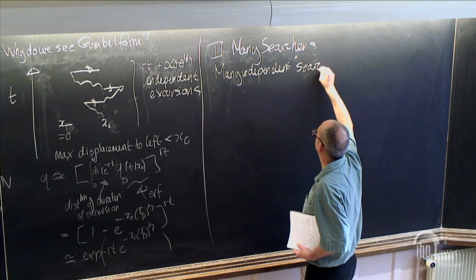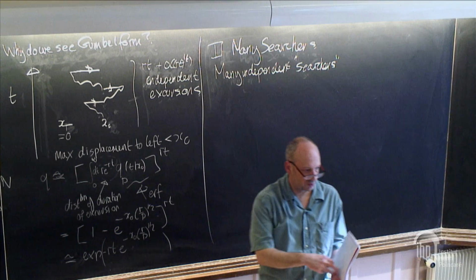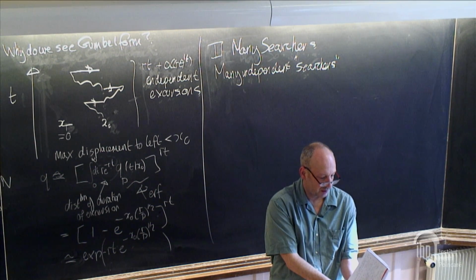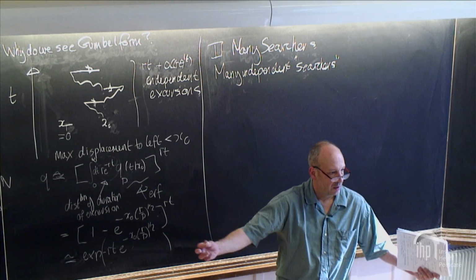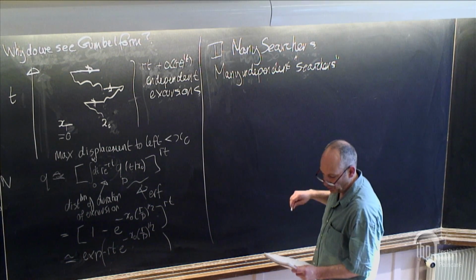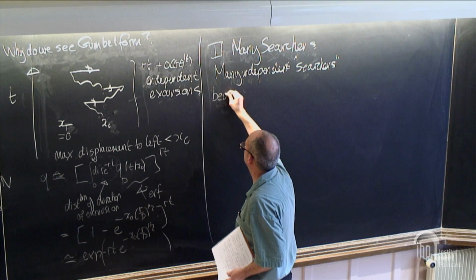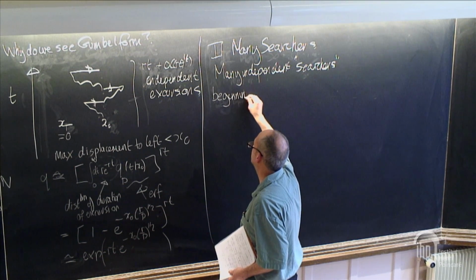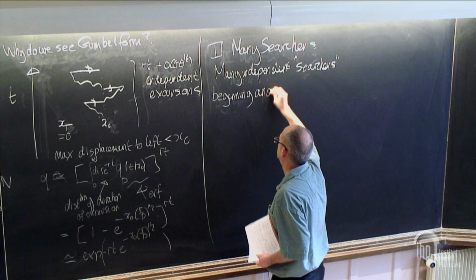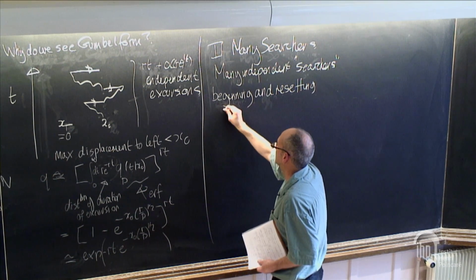So by searchers, I just mean my particle. That generally has some diffusive dynamics. And let's try and be general. There may or may not be resetting. There might be some other dynamics. But we just think of each particle as a searcher. And so we've got a whole team of particles. So in our case, when we've got resetting, let's say that their initial position and the resetting position are the same. So they start and they reset. And each one